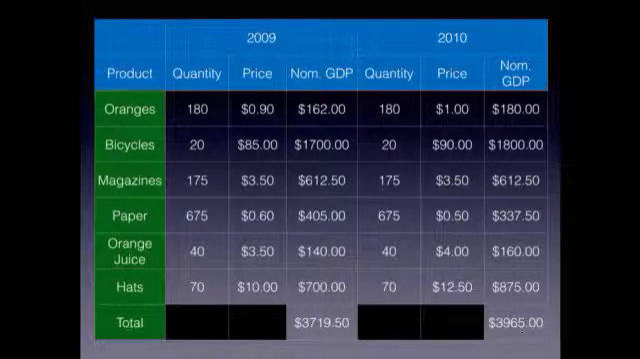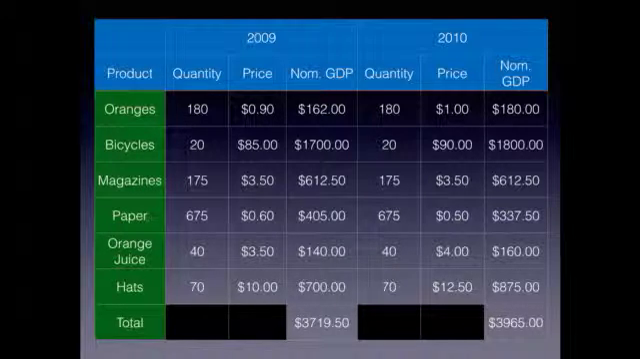The amount of oranges produced in 2010 is exactly the same as in 2009. Same thing can be said for bicycles, magazines, paper, orange juice, and hats. So given that, nominal GDP can give a skewed image of how well the economy is doing, because the increase in nominal GDP that we're observing here from 2009 to 2010 is due solely to the fact that prices have gone up. All right, for every single commodity, we see an increase in the price level, except for magazines, which